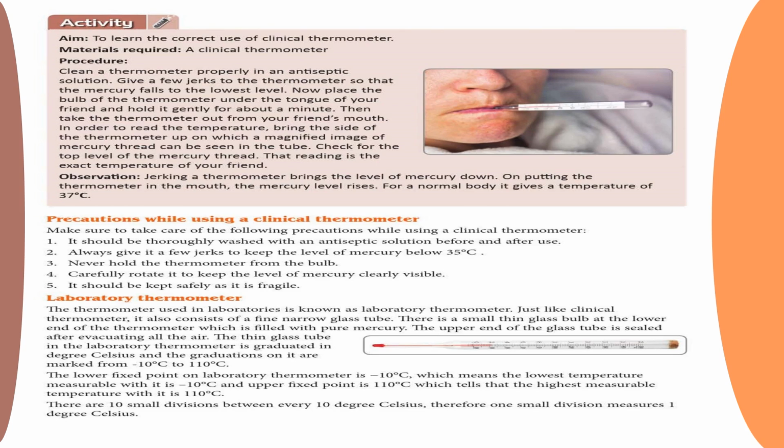And the last one, digital thermometer. The most common thermometers, like the mercury thermometer, use a liquid metal called mercury for their working. Mercury is a toxic substance, a poisonous substance, so it is very difficult to dispose of safely if a thermometer breaks, so there is a lot of concern over the use of mercury in thermometers. Also, these days digital thermometers are available which do not use mercury.